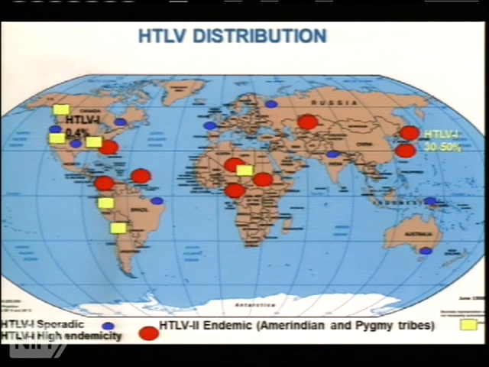Here are the numbers of places where this virus is either endemic or has traveled, and it's of interest, and we may come back to it later, that some of these places are widely separated, either in the West Indies and here in southern Japan, where HTLV seropositivity can be as high as 30 to 50% in places like Okinawa, and then other places as well in Central Africa